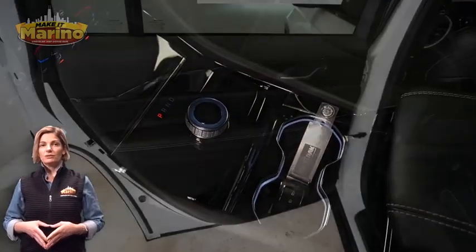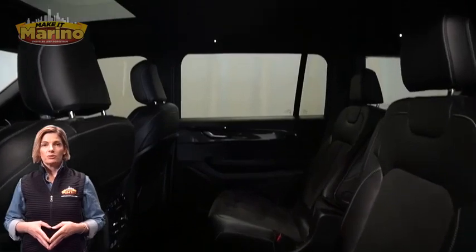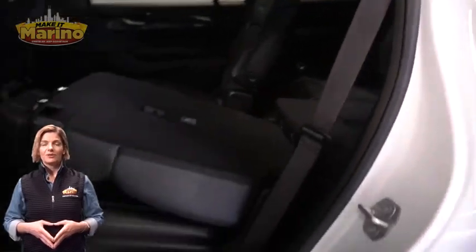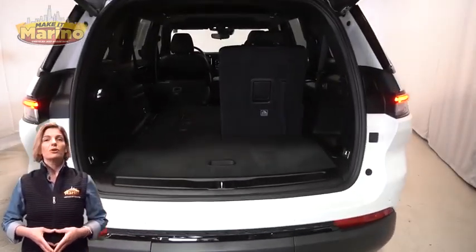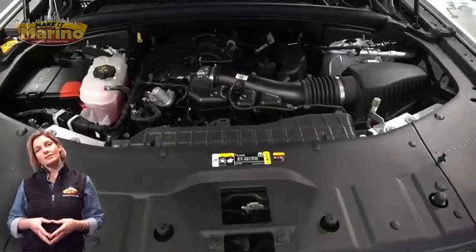8.4-inch touchscreen, navigation, rear backup camera, dual zone temperature control, select terrain system, power sunroof, power liftgate, 3.6-liter V6 engine, and so much more. For additional details, visit us at marinocjd.com, stock number